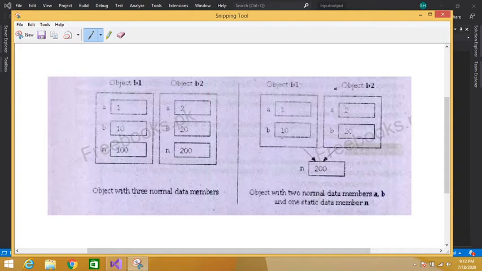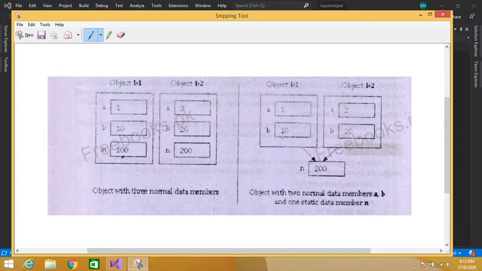See, object 1, object 2. This memory is shared among all objects. While for normal data members, a different memory location is created for each object. So this is the main difference between a static data member and a normal data member.